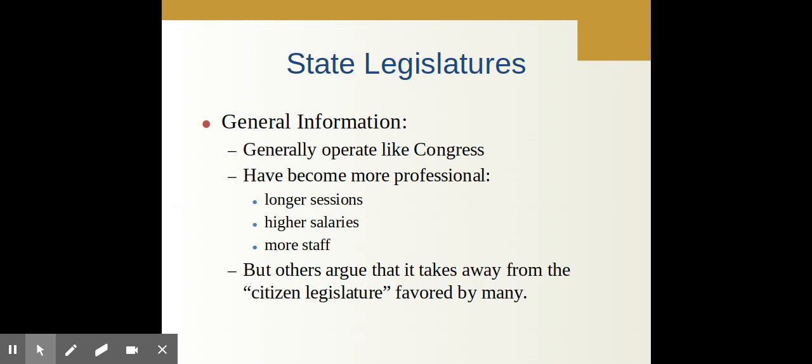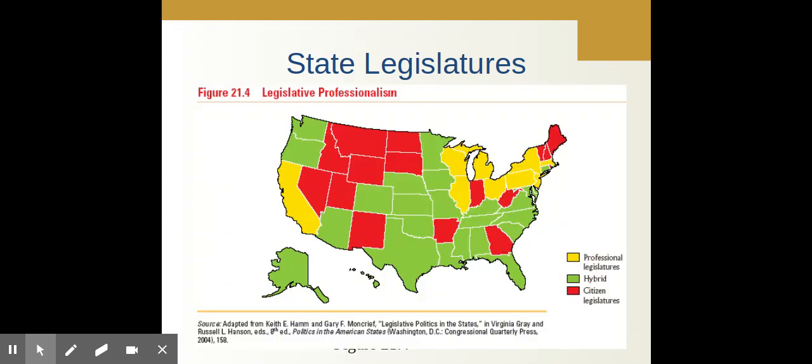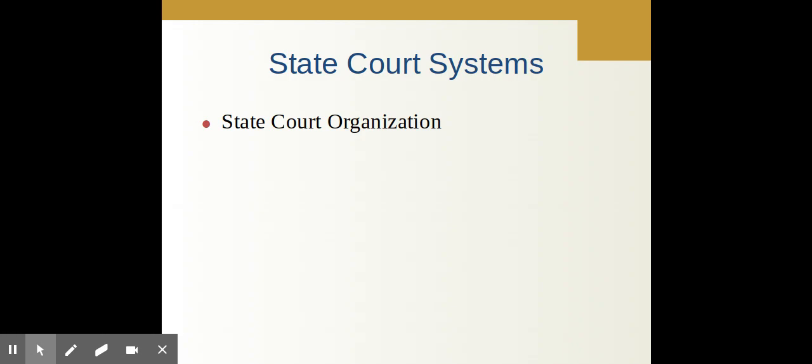Some states still have this. Some states still do have a part-time legislature, or they only work so many hours a year, and they don't get paid that much, and they don't really have a staff, so they can just show up, talk about the bills, and vote on them and go. That might seem great, and that opens it up to even more people being able to do it, but at the same time, how good are these laws passed and how much expertise is there? And there you can see state legislatures. Pennsylvania has one of the professional legislatures. The red ones are those that are incredibly part-time, little or no staff, little or no pay. And the green ones, of course, are somewhere in between that.